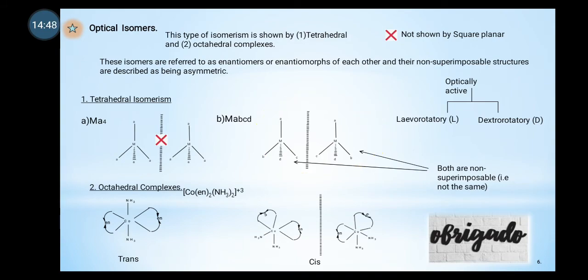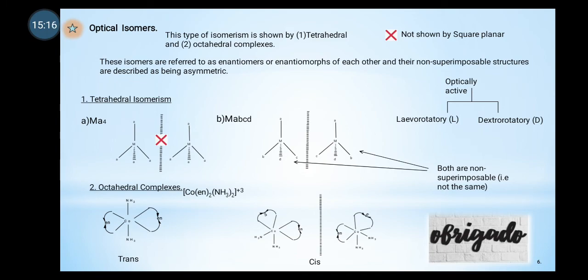So octahedral complexes. Talking about these octahedral complexes, I was able to represent the trans and the cis. This is the trans form. Octahedral in the sense that 1, 2, 3, 4, 5, 6. Here, this is the cis. Over here is the 6. So that is just the brief explanation on the